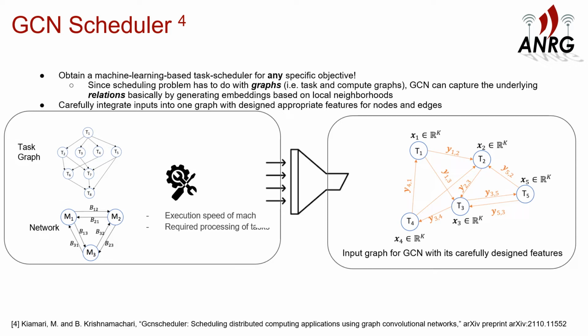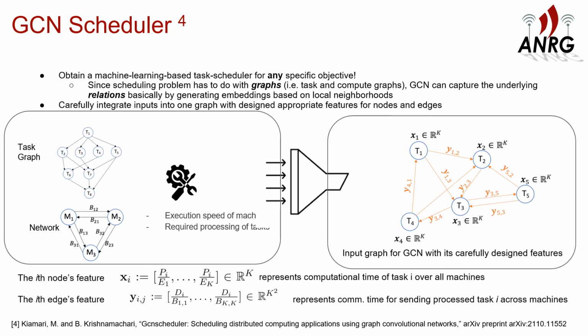Since the problem of scheduling has to do with graphs, task graphs, and a network, which is basically a weighted complete graph, a GCN can capture the underlying relations between the components of these graphs by generating embeddings based on the local neighborhood. The idea behind GCN Scheduler is to combine the information of the task graph and the network into a single graph, which can be fed into a GCN model, by carefully designing the node features and edge features. Since the task graph is directional, the GCN scheduler uses EDGNN, a GCN model for directional graphs, on this